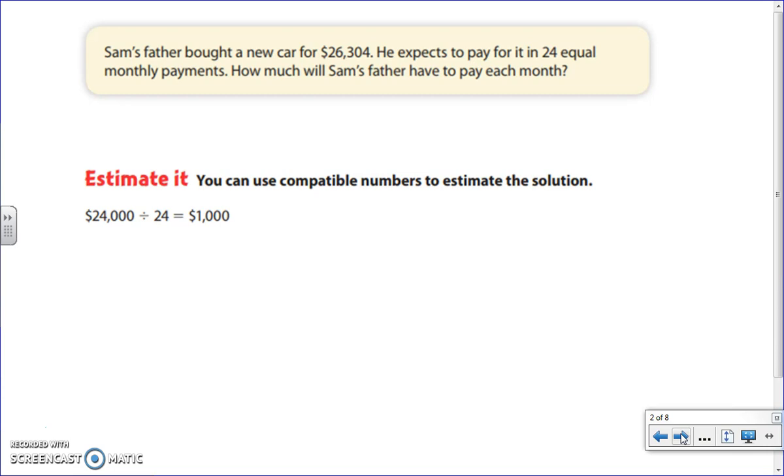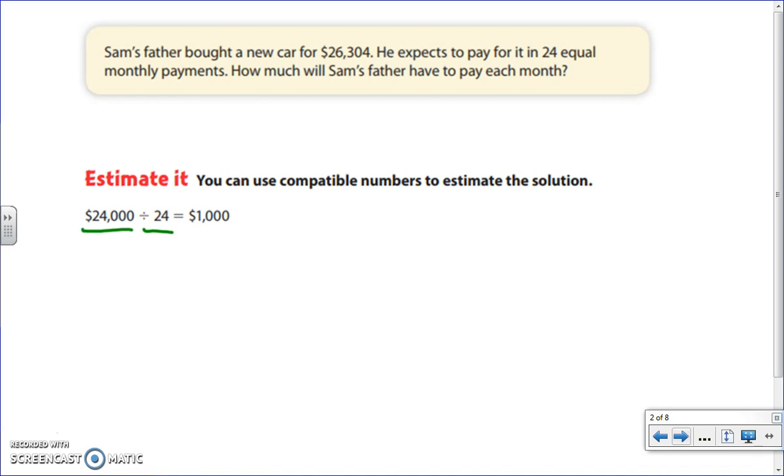He has 24 months to pay it off. He wants to pay off the same amount each month. So one thing we could do to consider what a reasonable answer would be is to estimate. And I see that in the book they rounded 26,000 down to 24,000, and they kept 24 the same. And the reason they did that is because they know that